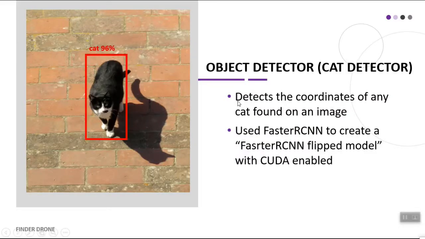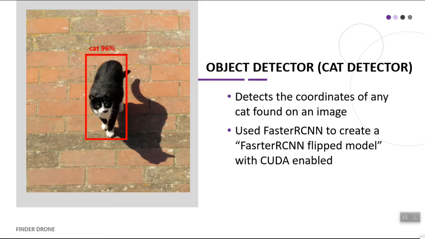So the first component is the object detector. This detects the coordinates of any cat found on an image. So in this case, it would give us the coordinates of this rectangle, this box, of where any cat is found with certain probability. And for this, I used the Faster RCNN object detector model. And based on it, I created a Faster RCNN flipped model